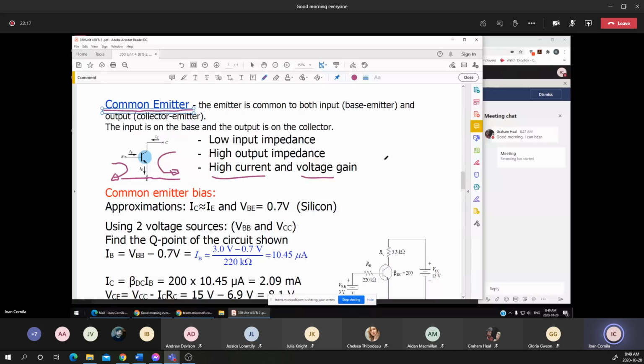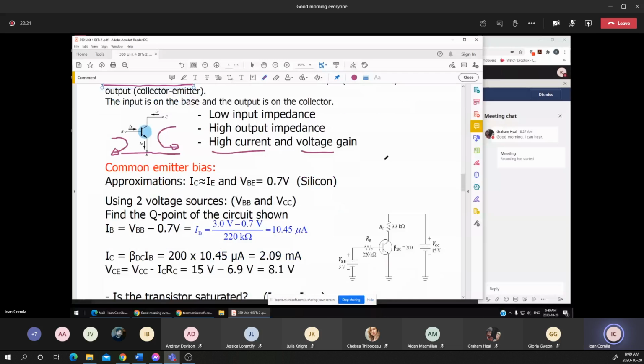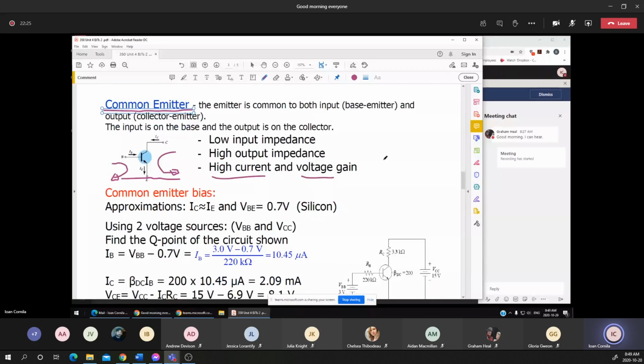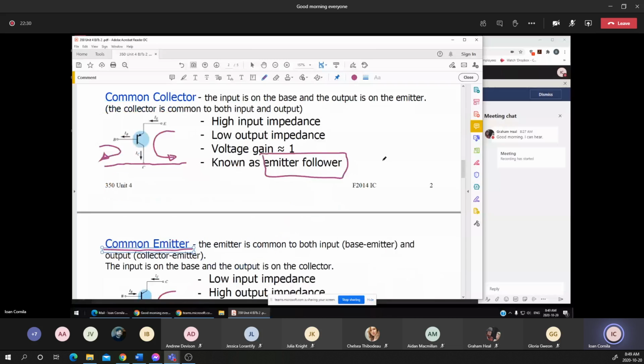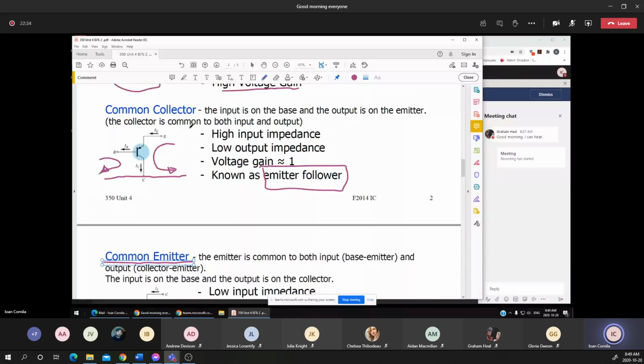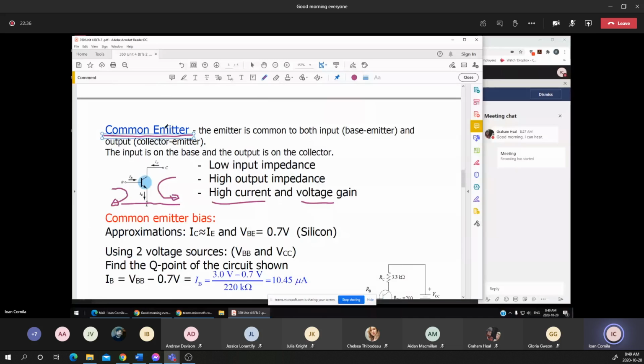Again, means that most of the time, I'm not saying always, but most of the time, most of the circuits are a common emitter. Some applications, as I mentioned, require a common collector. Some applications require a common base. But we'll focus on biasing a common emitter, and that's why we'll discuss in detail how we can